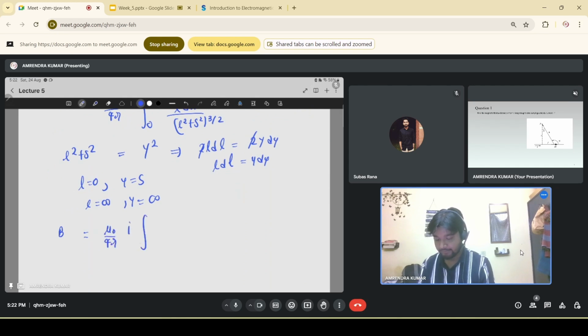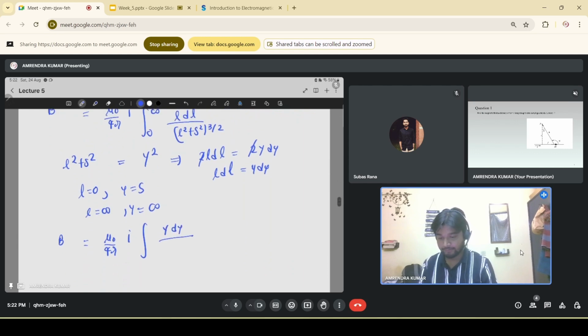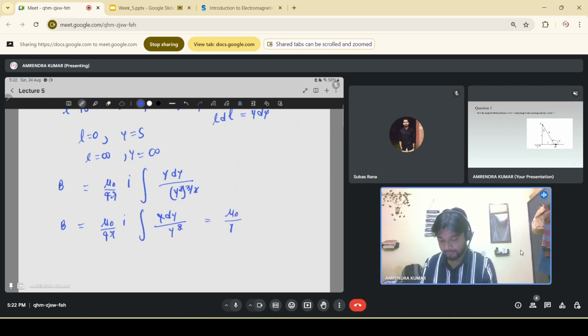तो हम इसको सॉल्व करेंगे, बी इज इक्वल टू म्यू जीरो ओवर 4 पाई आई, अब हम एल डी एल की जगह पे वाई डी वाई लिख देंगे, और एल स्क्वायर प्लस एस स्क्वायर की पावर 3/2 की जगह पे वाई की पावर 3 लिख देंगे, तो 2 से 2 कैंसिल हो जाएगा। तो हमारे पास जो है ये आ जाएगा मैग्नेटिक फील्ड, ये होगा बी इज इक्वल टू म्यू 0/4 पाई, और यहाँ पर वाई डी वाई, वाई टू द पावर क्यूब, और y का एक पावर कैंसिल हो जाएगा, तो ये आ जाएगा टोटल म्यू 0/4 पाई आई -1/y। और फिर इसकी लिमिट है हमारी फ्रॉम एस टू इन्फिनिटी।